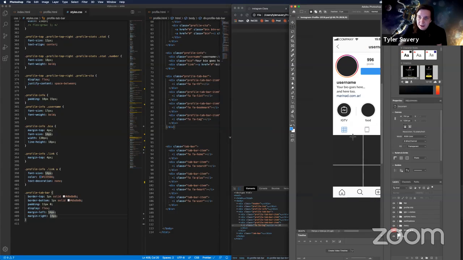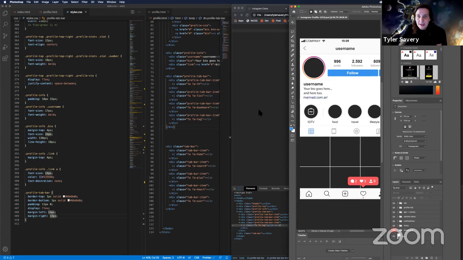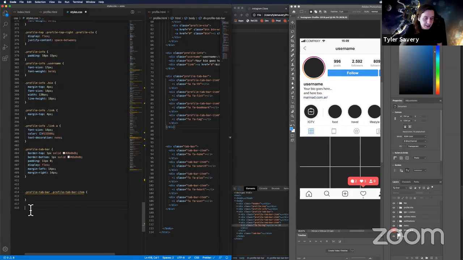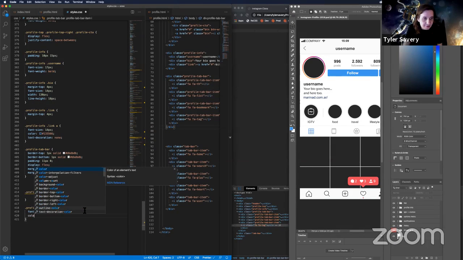Going back to our file, the next thing we have to worry about is the fact that these guys need to be a bit bigger. So let's see what the height of this is. It's 50 pixels roughly, so divide by 2 is 25. So if we make the font size of the icons, and to do that, I actually want to go dot profile tab bar item, and we'll stub that one out. But specifically what I care about now is the icon inside of it, so the I tag. We're going to give it a font size of 25 pixels,